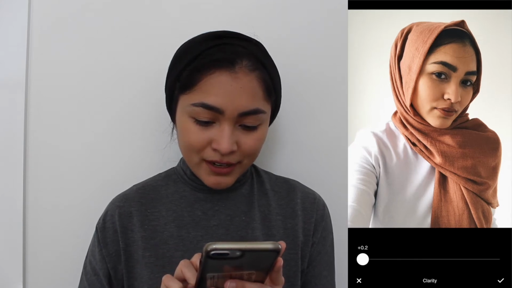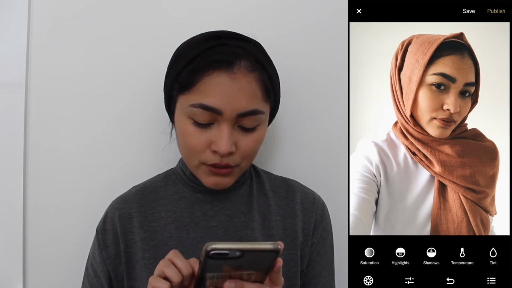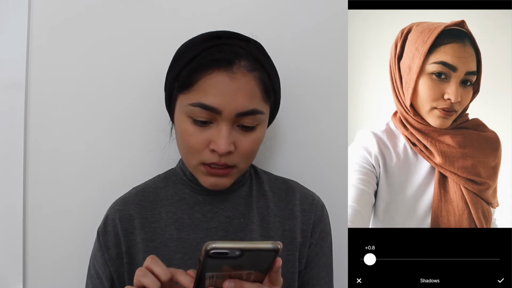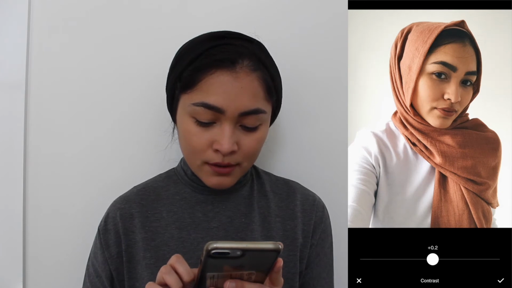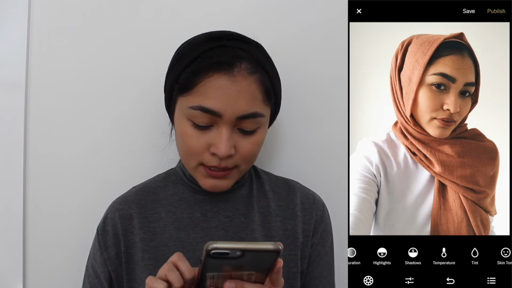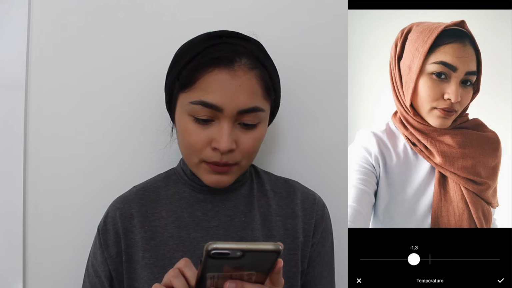Clarity, like 1 or 2 to 1. Saturation, no. Shadows, maybe a tiny bit just because it's really dark around my eyes. So then in that case, I'm going to go back to contrast and bring it up a notch. And then to cool it down, I'm going to go to temperature and bring it down. So it just looks a little bit more,